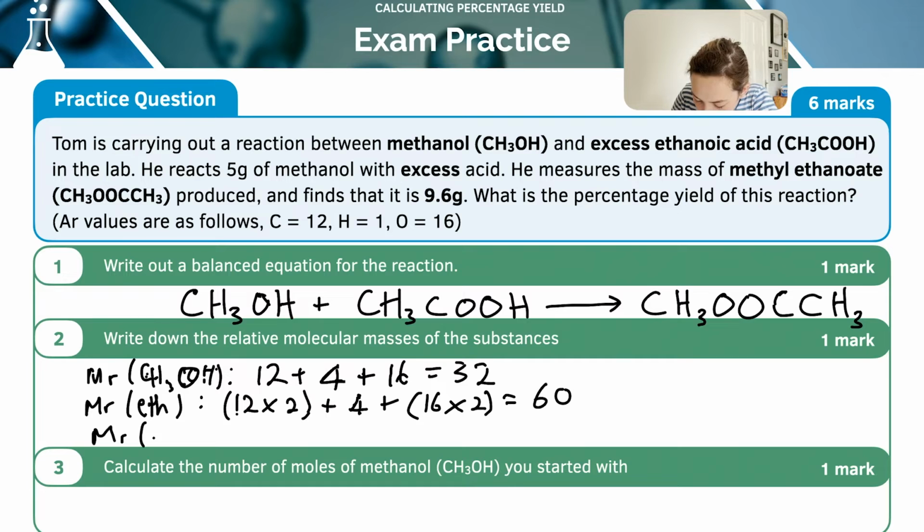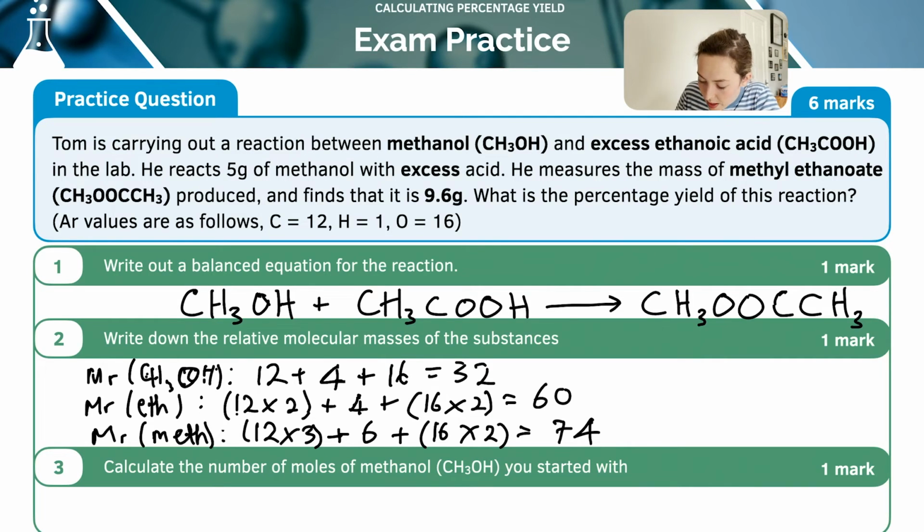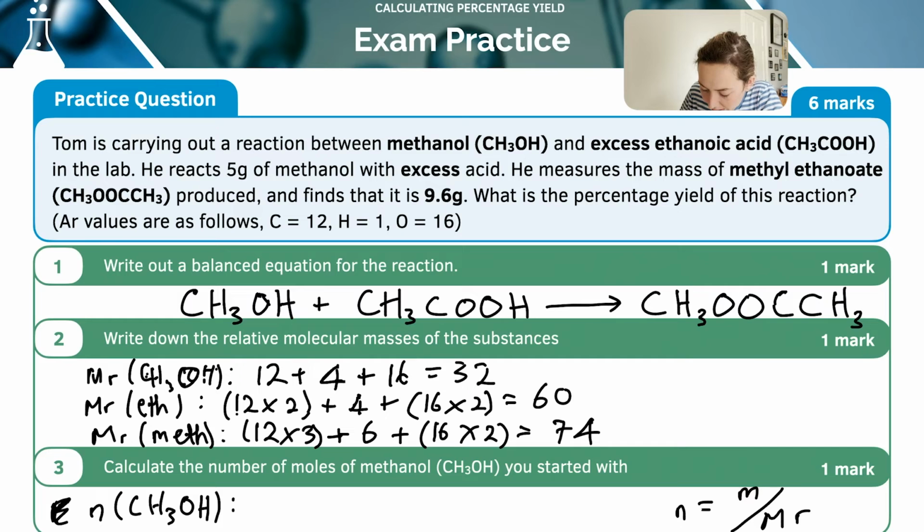And then my Mr of my methyl ethanoate is going to be 12 times 3, so I've got 3 carbons, plus 6 hydrogens, plus 2 oxygens, and that is 74. So I know that moles equals mass divided by Mr. So I'm going to work out the moles. So n(CH3OH). That's me telling the examiner I'm working out the moles of methanol. So it tells me that 5 grams react. So I'm going to do 5 grams divided by my Mr, which is 32. And that gives me